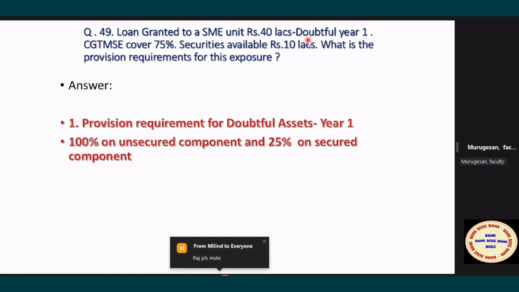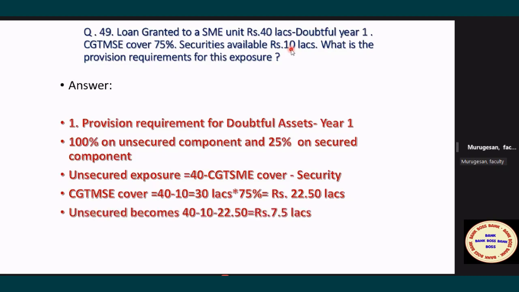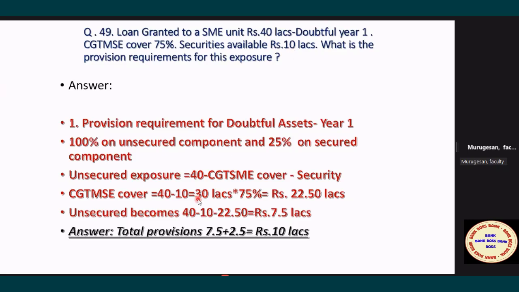Okay. Now you have to calculate the CGT SME cover. How to calculate the CGT SME cover? 40 is the loan and security is 10. This CGT SME will not settle on 40. They will see how much securities are available. Security means not collateral. Prime securities only you have to charge. So 40 minus 10, 30. On 30, 75% means 22.50 will come from